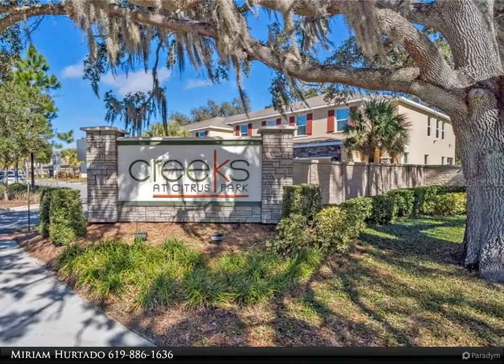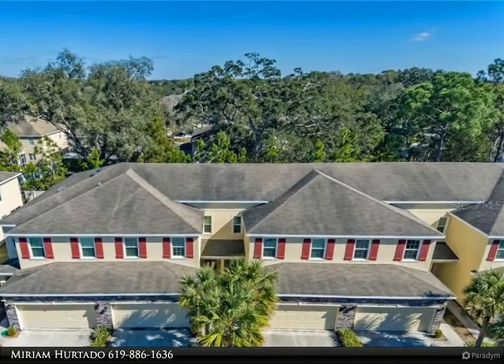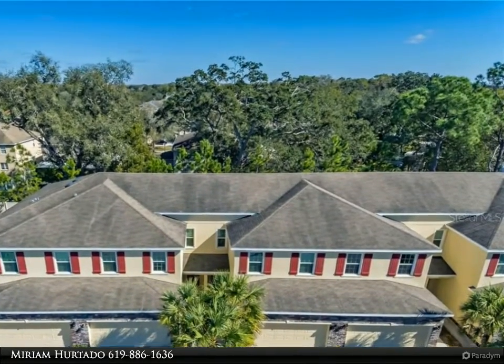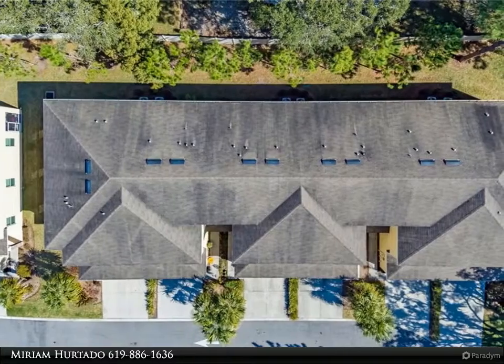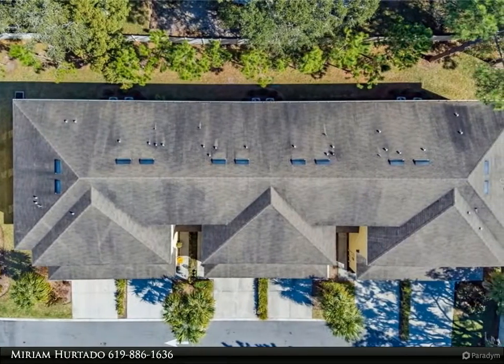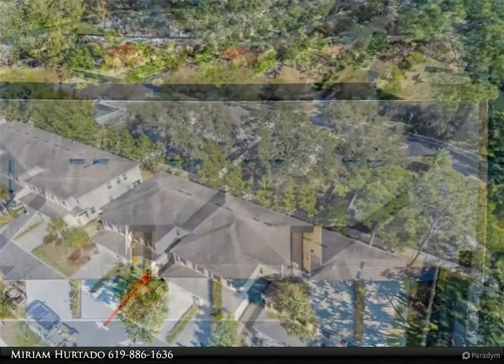Creeks of Citrus Park presents this beautiful townhome located in the heart of the community. This house is only 6 years old, modern, immaculate. The townhome features over 1,900 square feet, 3 bedrooms, 2.5 baths, a laundry room, lanai, tons of storage space, and